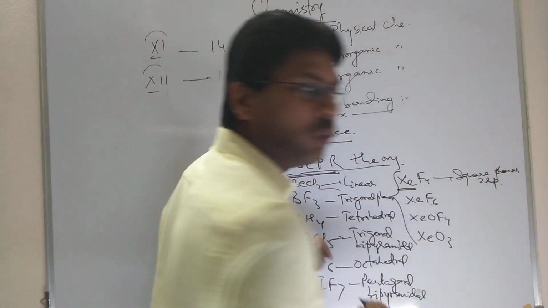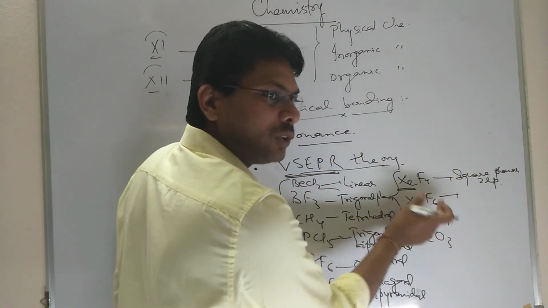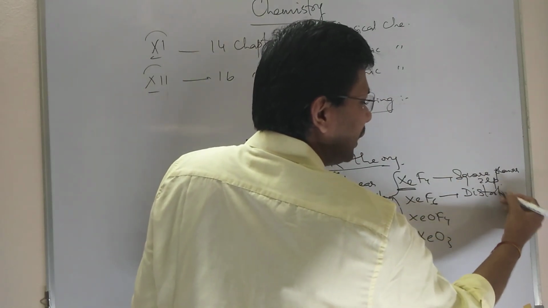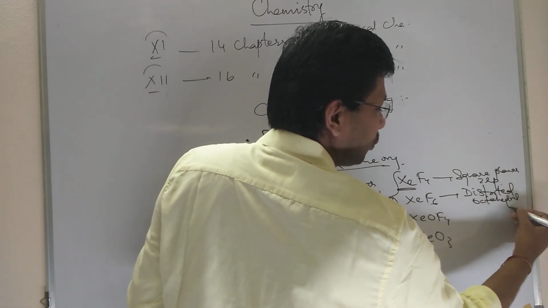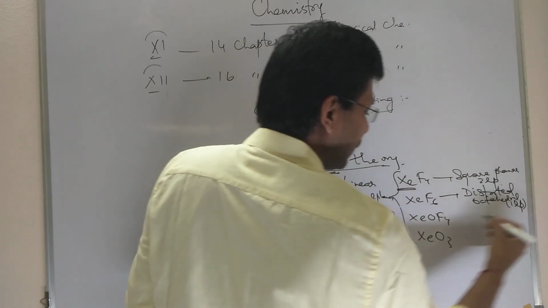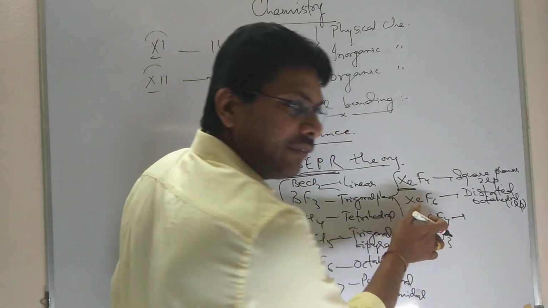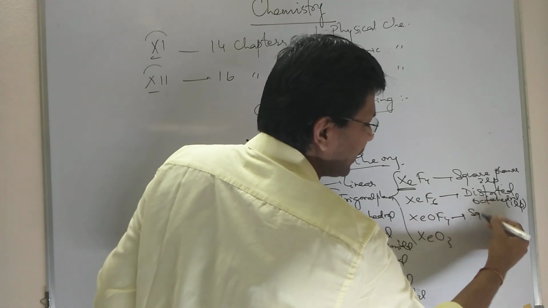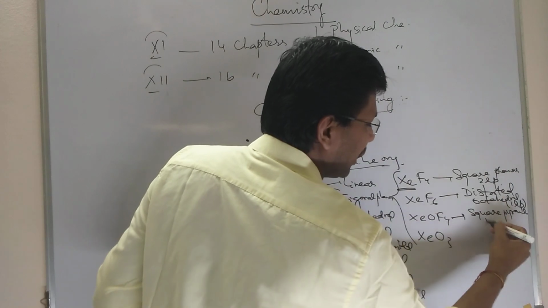So the number of lone pairs is also asked. Here, xenon has 8 electrons, it forms 6 bonds, so it has 1 lone pair. It is distorted octahedral, with 1 lone pair. And if you see XeOF4, here oxygen forms 2 bonds, so it also has 1 lone pair, and the shape is square pyramidal with 1 lone pair.